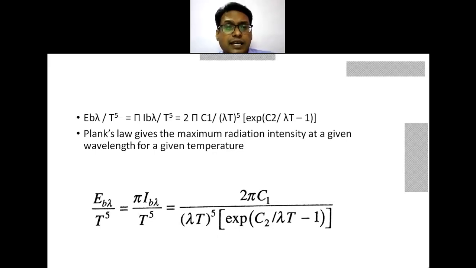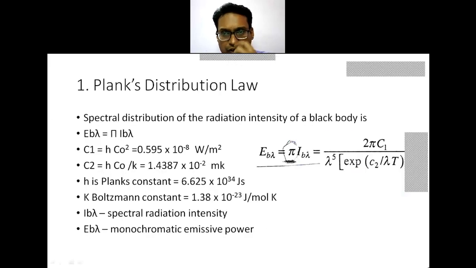Then this is the monochromatic emissive power, E_b lambda upon T raised to 5, which is equal to pi into I_b lambda. I_b lambda is nothing but the spectral radiation intensity, which is equal to the same equation, 2 pi C1 upon lambda T raised to the 5 into e raised to C2 upon lambda T minus 1. This is the same equation. You have to remember this equation